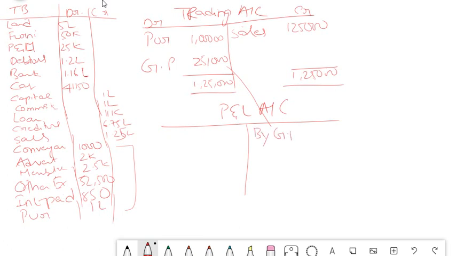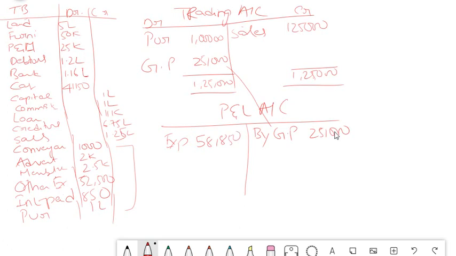We will write gross profit 25,000, and then we will write all the expenses here one by one. So far we have seen a lot of expenses, right? So we will write all those expenses here. If we can total and write, we can write it, or else you can write it individually. For the sake of time, I'm just writing all the expenses by totaling it here. I'll just total it now. It is coming to 58,850.